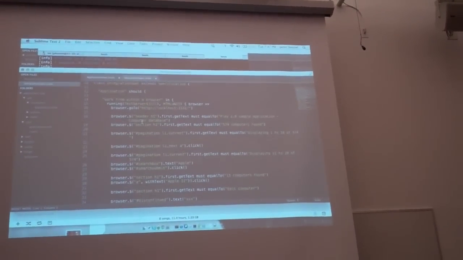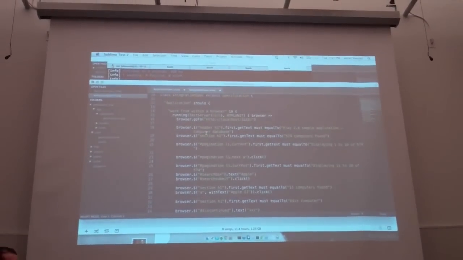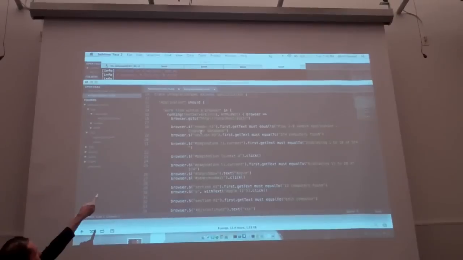Is this integration specific to Specs, or does it work with ScalaTest also? Oh, it has nothing to do with the test framework. Essentially, that running